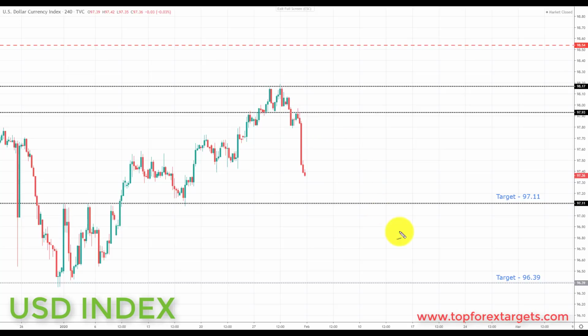But the second thing we need to look at as well is the coronavirus, which is starting to feed into the markets. Now, on a fundamental basis, what this means is we are starting to see demand from China fall, or at the very least, at this early stage, we're starting to see an expectancy from traders that demand out of China will fall. And this is having an effect predominantly on the commodity currencies. So first and foremost will be Australia because of their close trade links, followed by New Zealand and then also Canada.